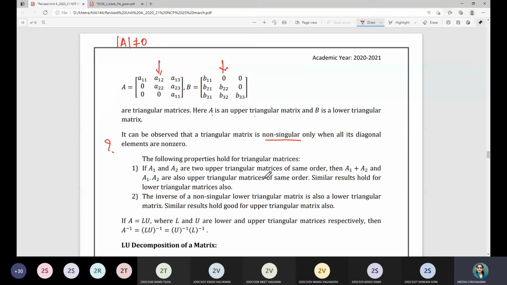The following properties hold for triangular matrices. Which are these properties? Suppose you have two upper triangular matrices. If you consider the addition of those two, then the resultant matrix will also be upper triangular. Not only that, when you consider the multiplication also, the resultant matrix will always be upper triangular, and the same result will follow for lower triangular matrices as well. Similarly, suppose A is a lower triangular matrix, then if it is non-singular, A inverse will also be